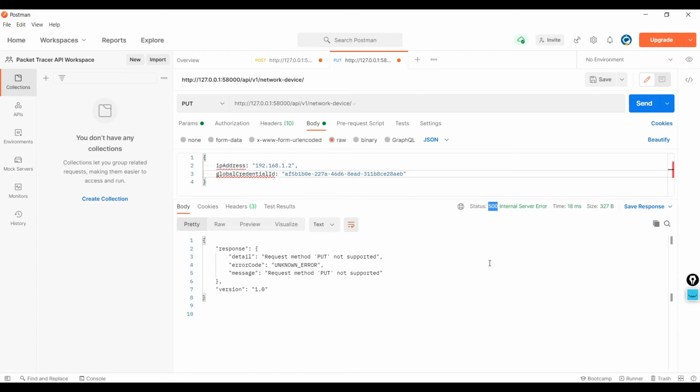The error code 500 internal server error represents there must be some issue with the server end. So in this case, the controller is the server. We cannot do anything in this request. Our request is proper, but we got this error. So something is to be checked in the server end.